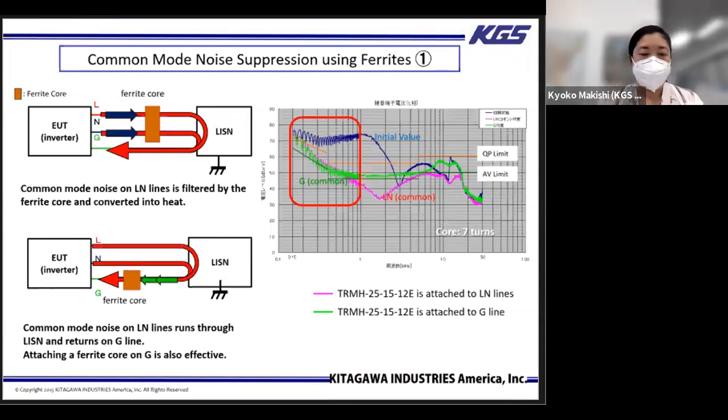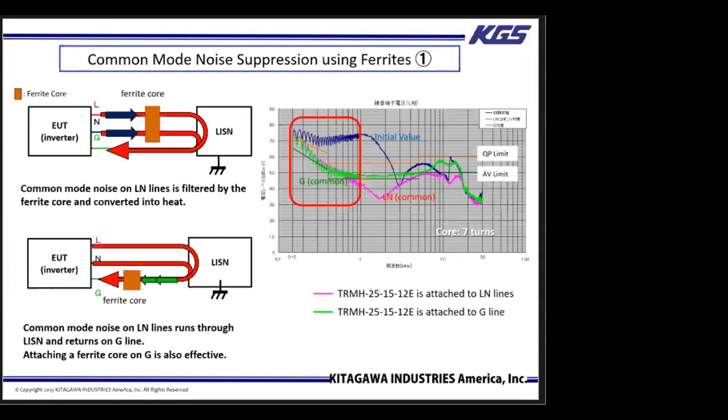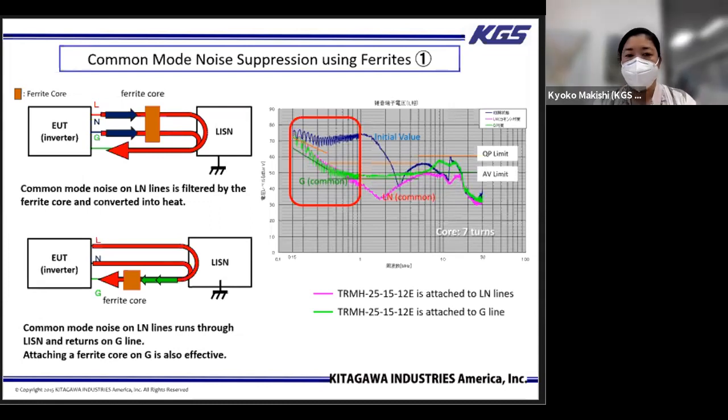I apologize. I'm going to try to translate his information here. What he's saying is that you could definitely put it on the UVW and the E-line separately. There is going to be some improvement in the suppression, but it's not going to be a huge, drastic improvement. As long as you have space to allow for that, it might be similar to the effect of putting a much larger ferrite core onto the cable instead of smaller cores.